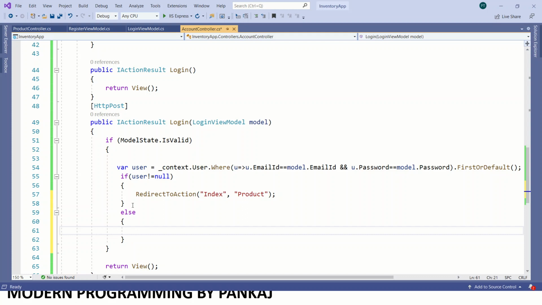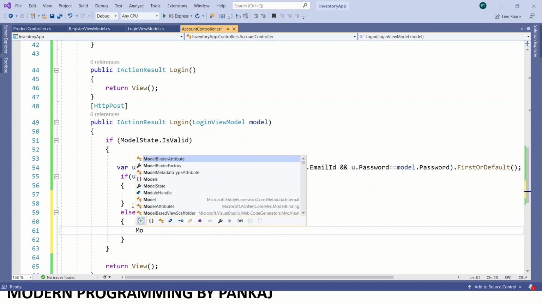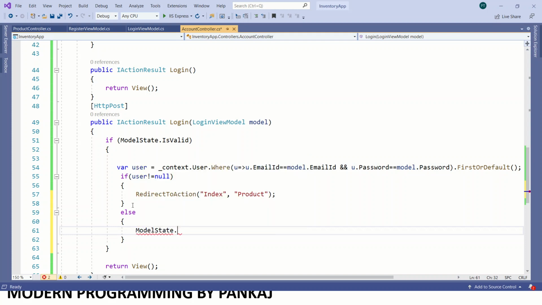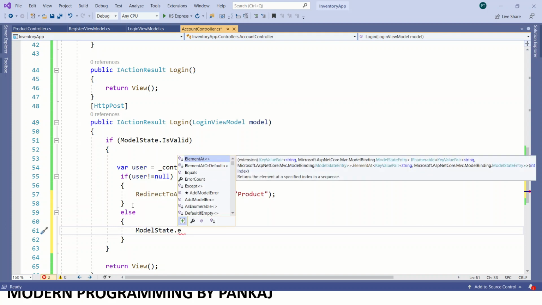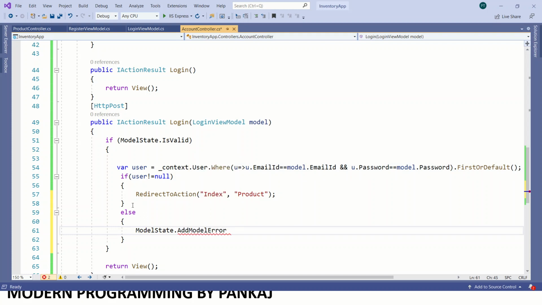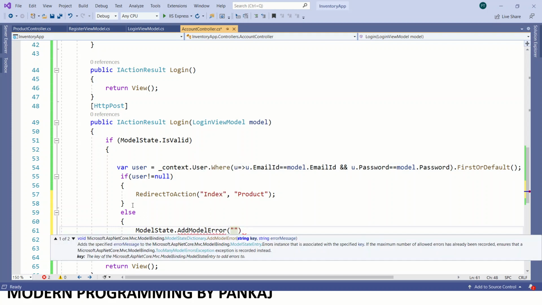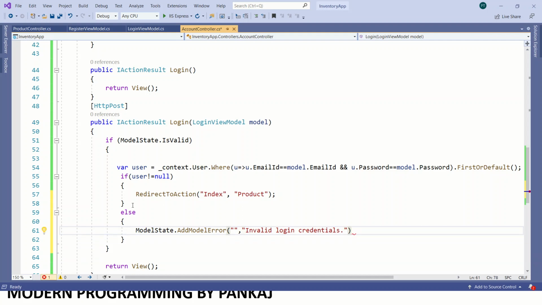Otherwise we'll set the model state error and set the message invalid login credentials. So my get and post login actions are ready.